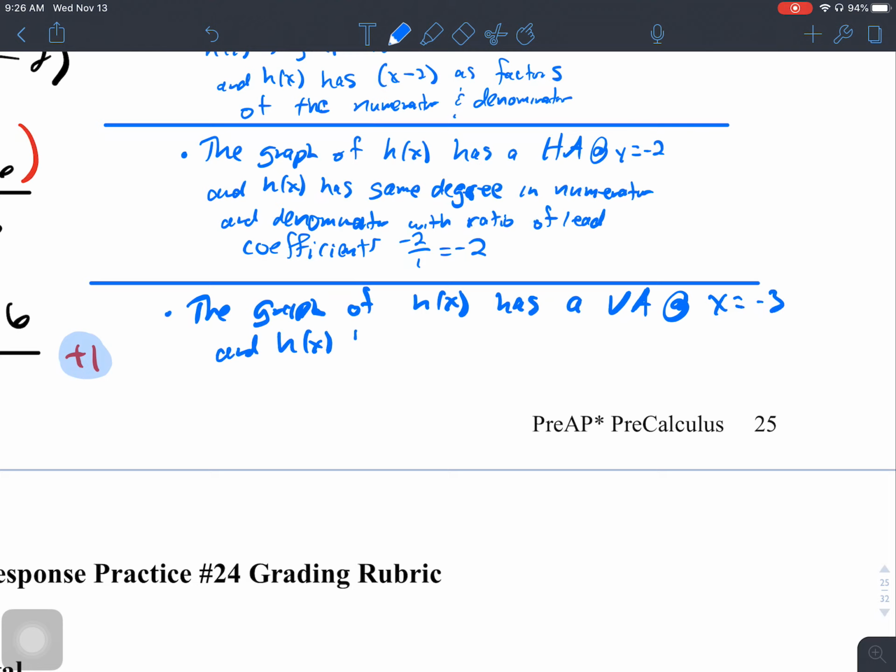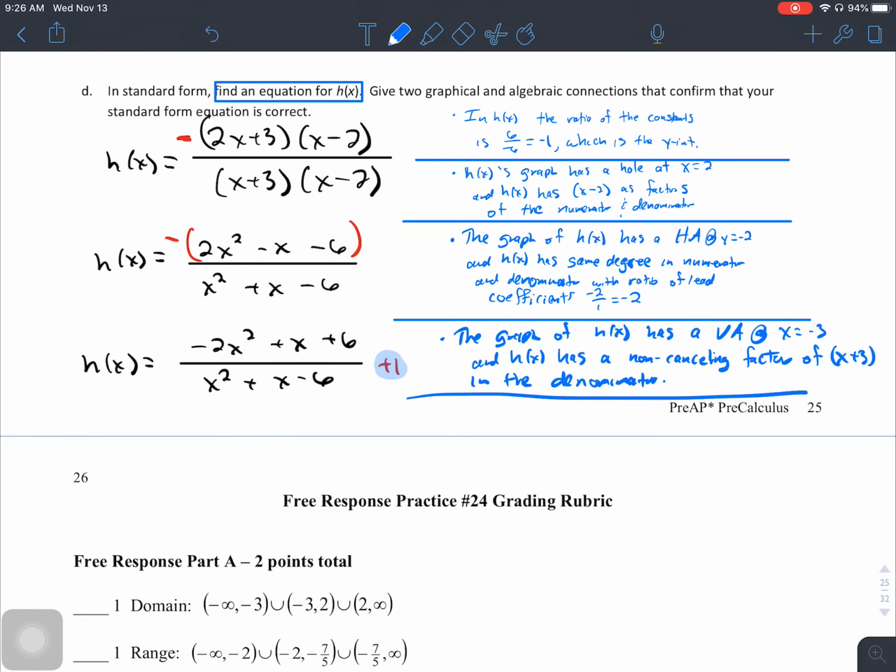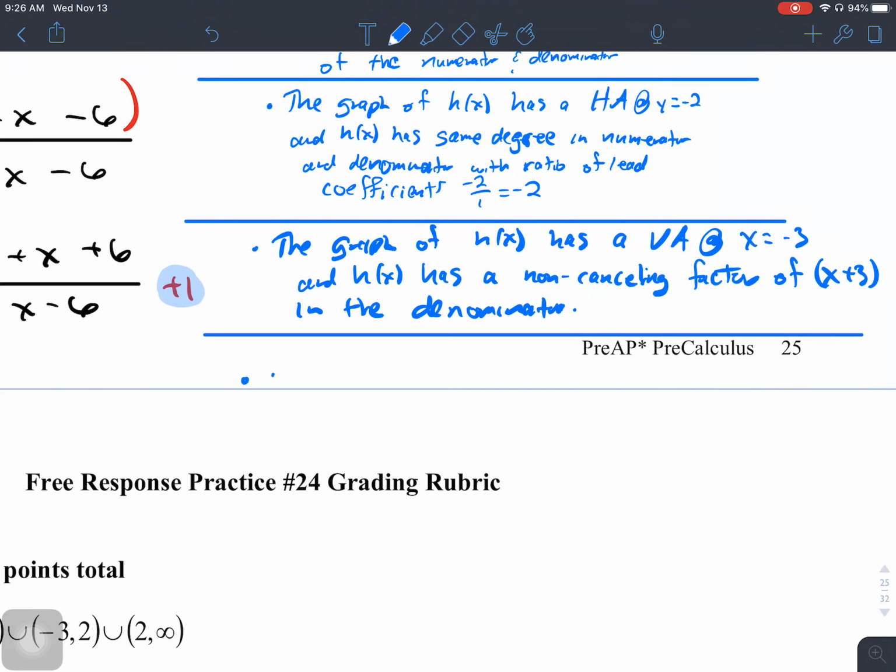And h of x has a non-canceling factor of x plus 3 in the denominator. Once again, I'm listing every reason that you could give. You only need 2 of these because it's what it says. It says give 2. And the last thing is the graph